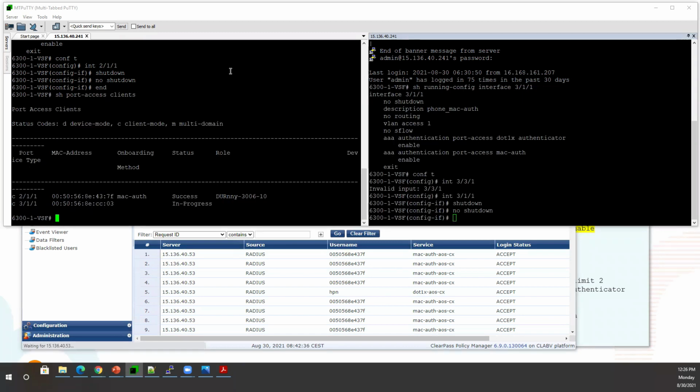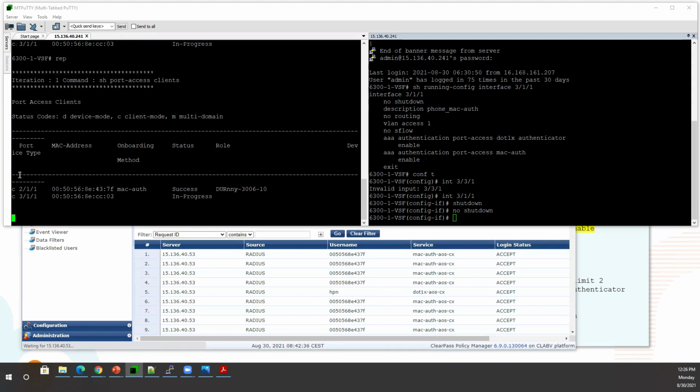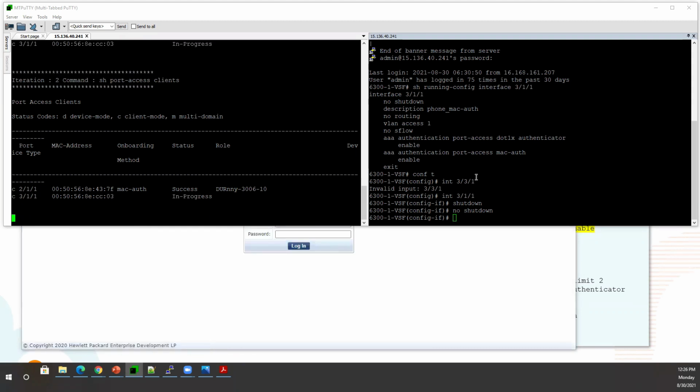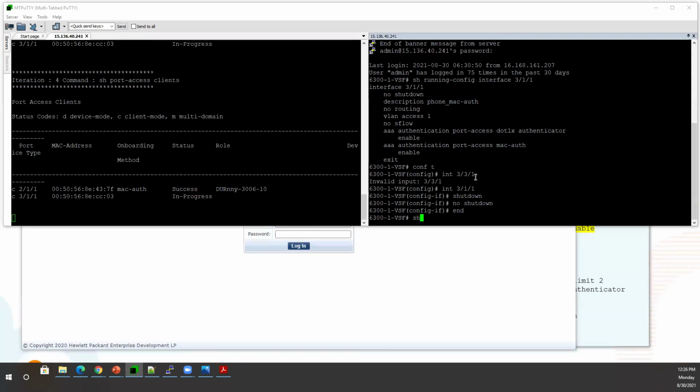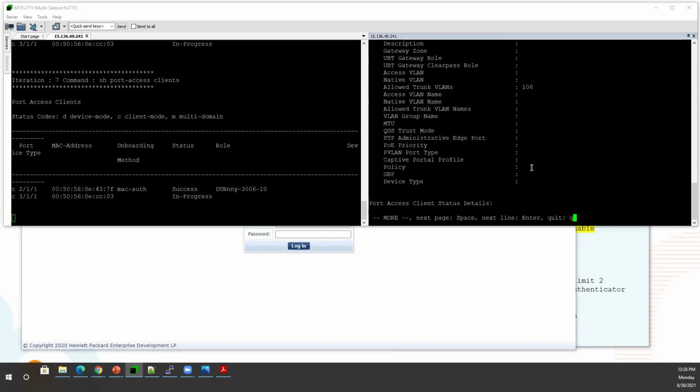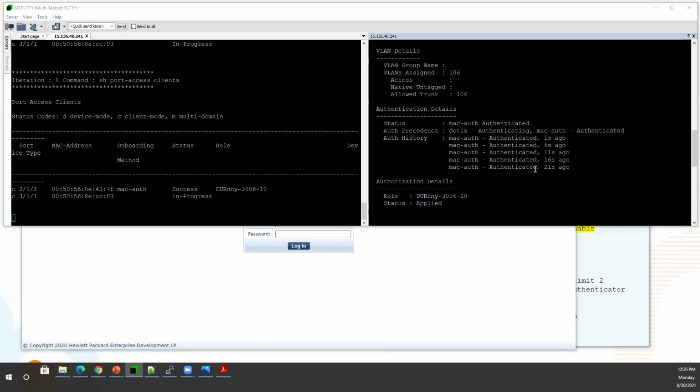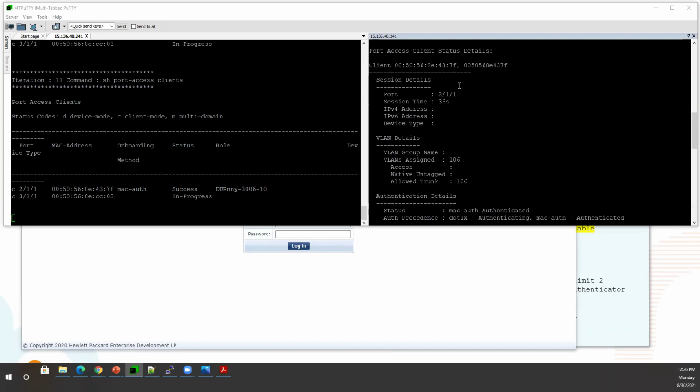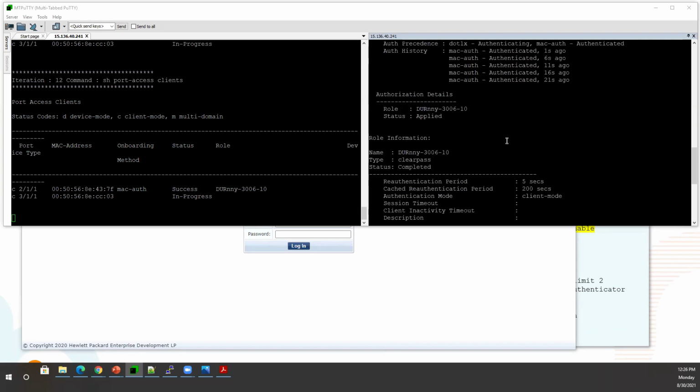You can see here the client which is connected on 3/1/1 is still not onboarded because it is attempting, as you can see here, the show port access detail command. You can see here it is attempting. This one was .1x authenticated and MAC auth was authenticated because this is a 7F 437F, which is a concurrent